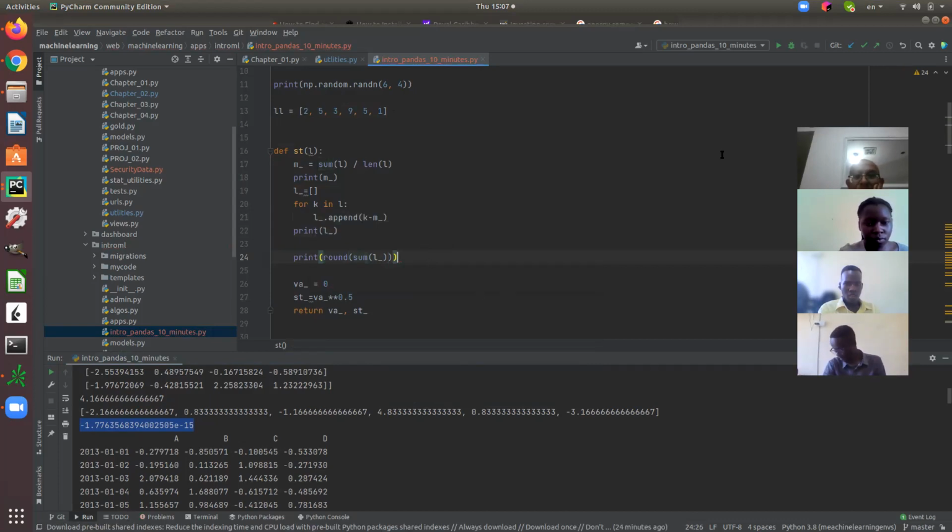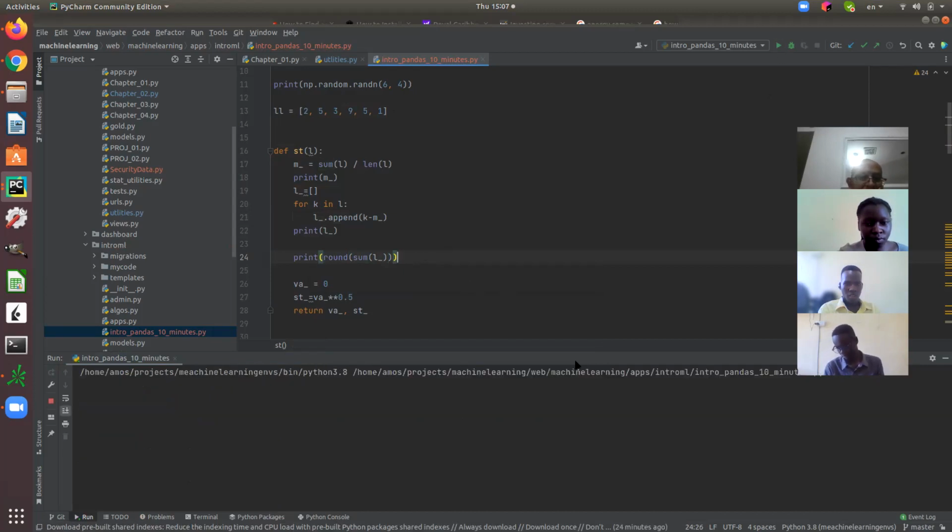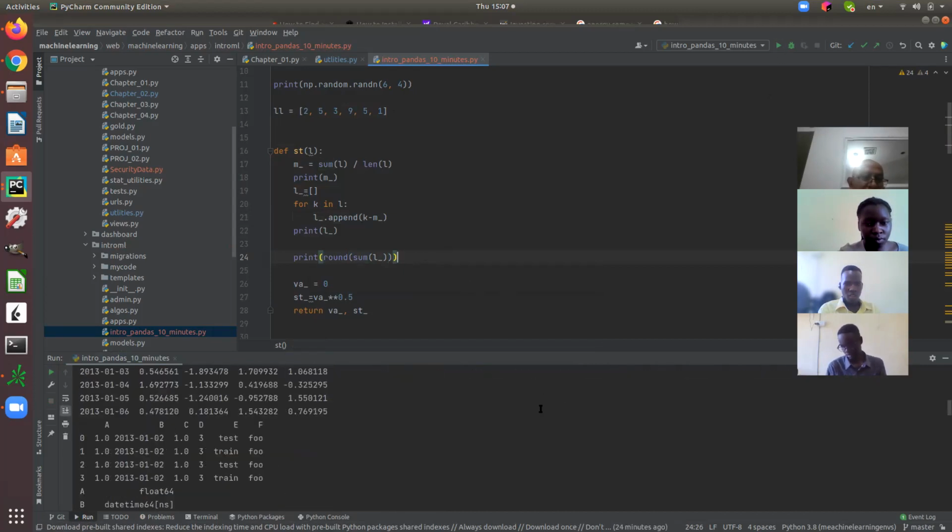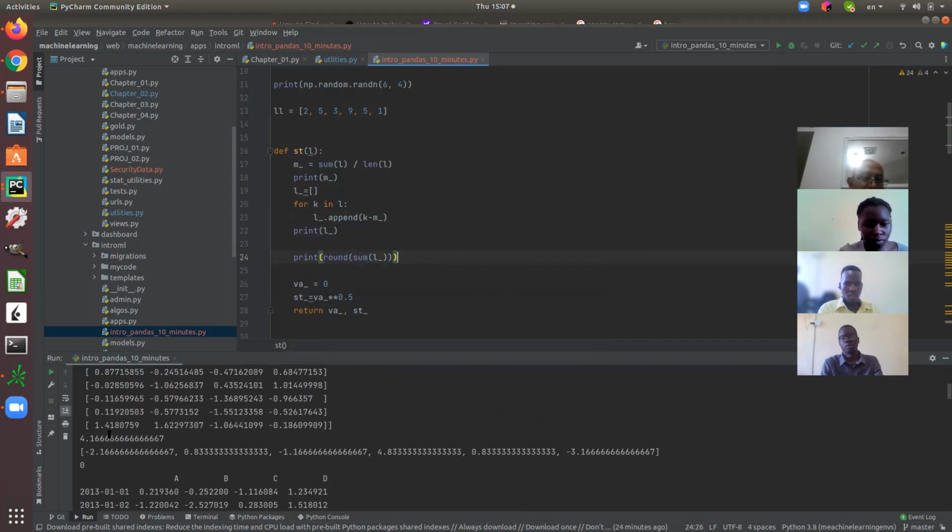If I print it this way, it will say 0 there. You will round it to 0. See, it's 0. It's a very small number. So if you take a list, calculate the mean, and subtract it from every number, this